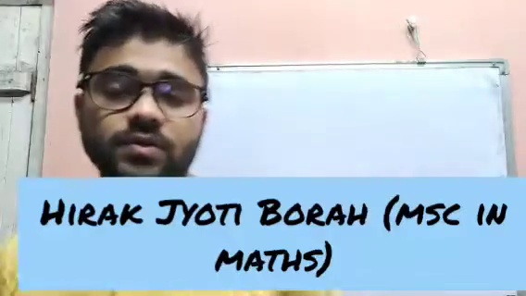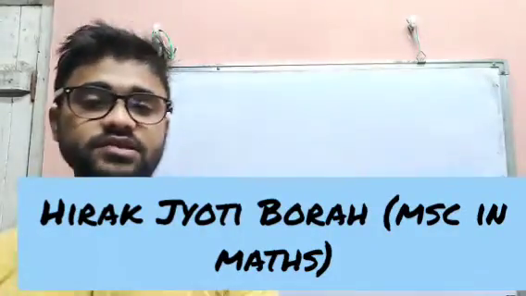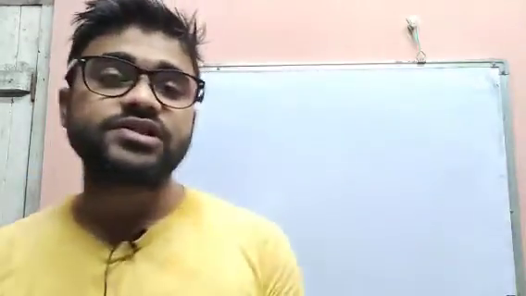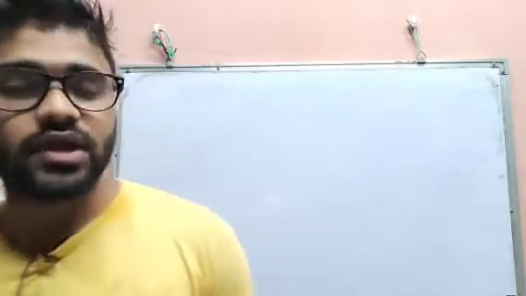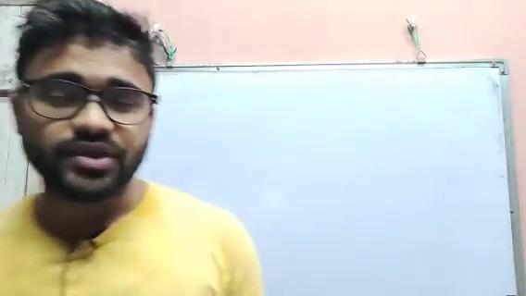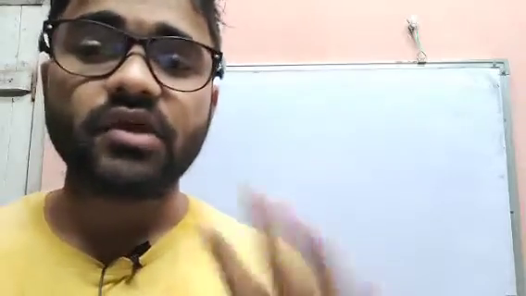So today we are going to discuss some maths related to quadrilaterals. To solve these problems, we have to understand the properties of a quadrilateral. The main property is the angle property: the sum of the four angles of a quadrilateral is always 360 degrees. You have to remember this.